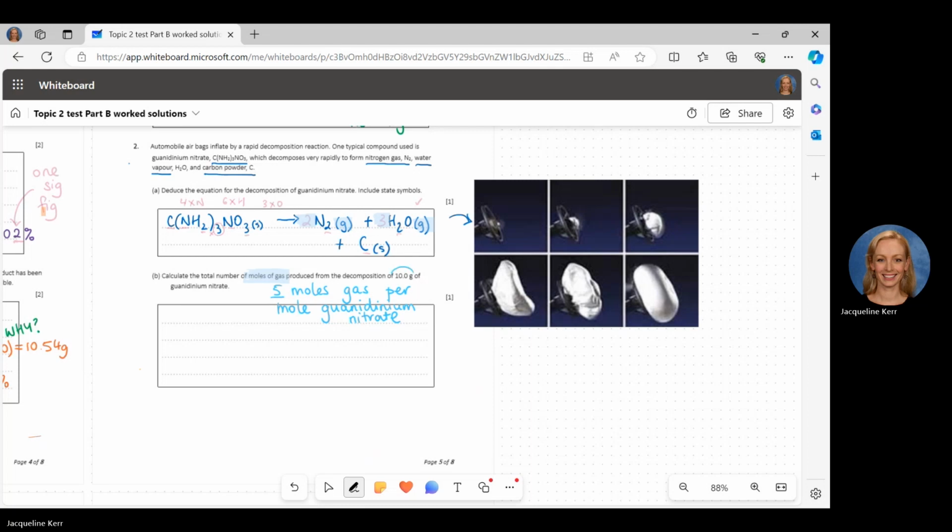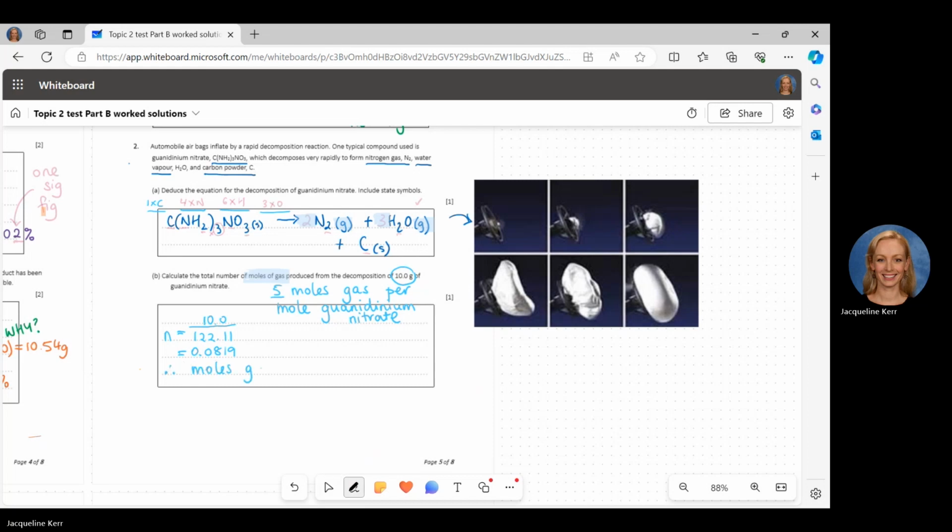So calculating the total number of gas for 10 grams of guanidinium nitrate means we have to convert our 10 grams into moles. So we take our mass, 10, and just to speed things up, instead of writing out all those compounds individually, I'm just going to pop them into my calculator. I've got 1 carbon, 4 nitrogens, 6 hydrogens, and 3 oxygens. So I'm just going to plug them in and find my molar mass is 122.11. So the number of moles, 0.0819, that's the moles of guanidinium nitrate, the compound in the airbag at the